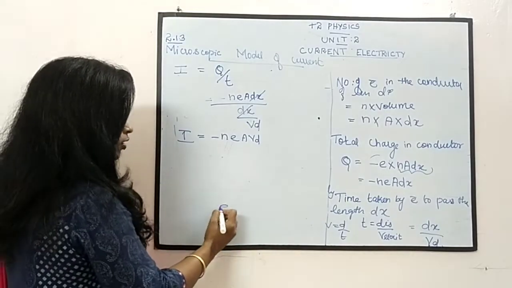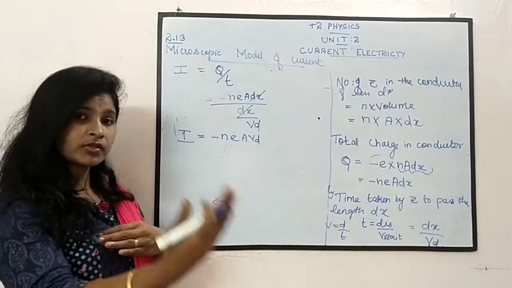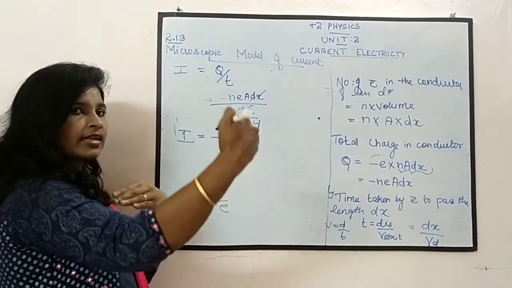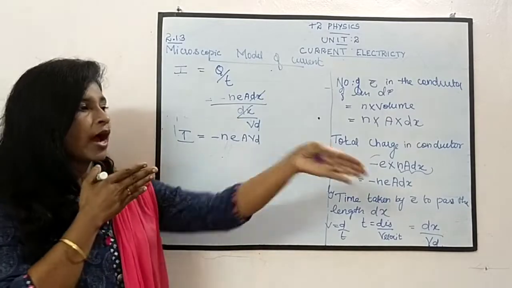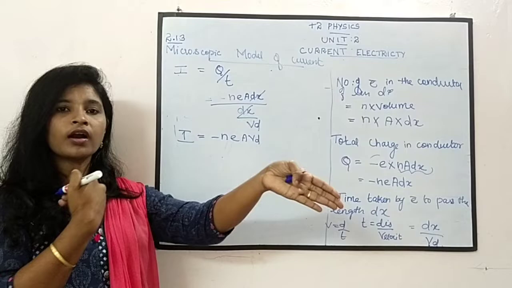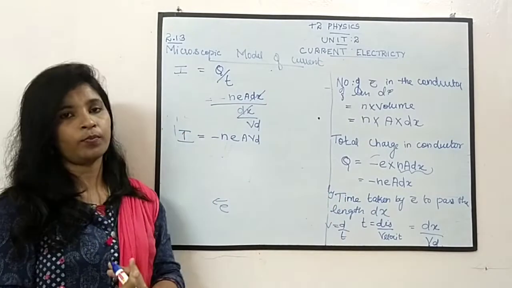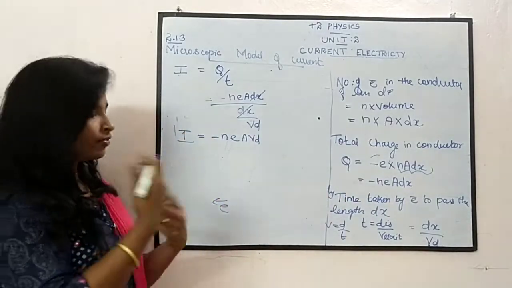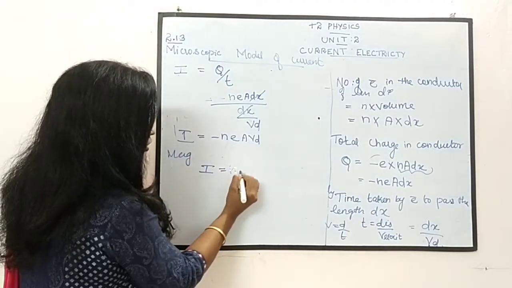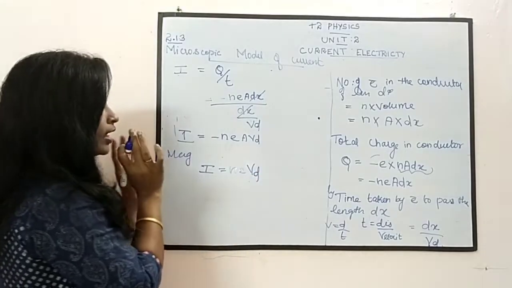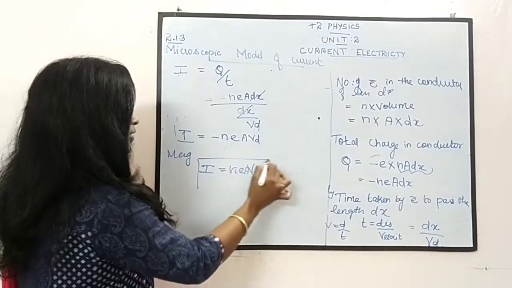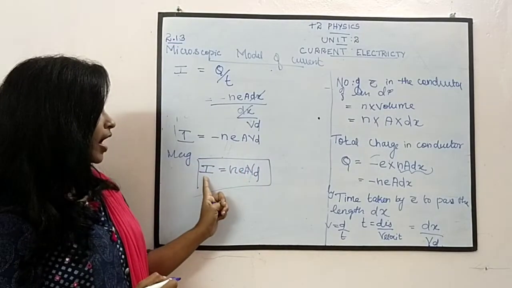புரியுதா? எலக்ட்ரான் எந்த directionல மூவ் ஆகுதோ அதுக்கு opposite direction தான் நம்ம எப்பவுமே current எடுப்போம். Okay. So drift velocity means என்ன velocityல இந்த directionல மூவ் ஆச்சுனா you have to take the current direction like this. Both are opposite. The electron move ஆகுற direction or current நீ எடுக்கிற direction, it is opposite. So this is the direction. If I write the magnitude alone, I is equal to NEAvd. Understood? My current and the drift velocity are related as I is equal to NEAvd.